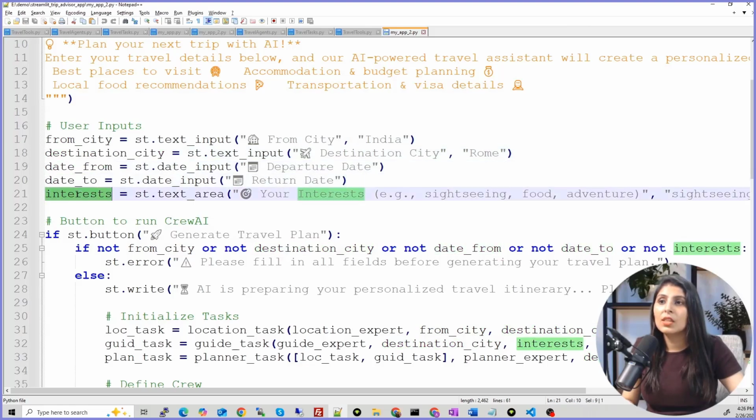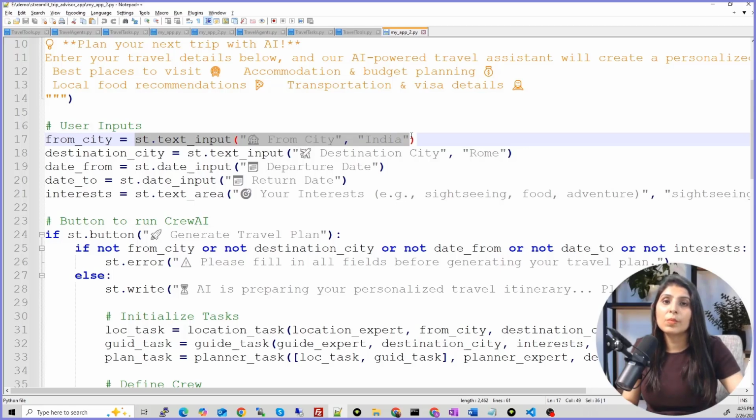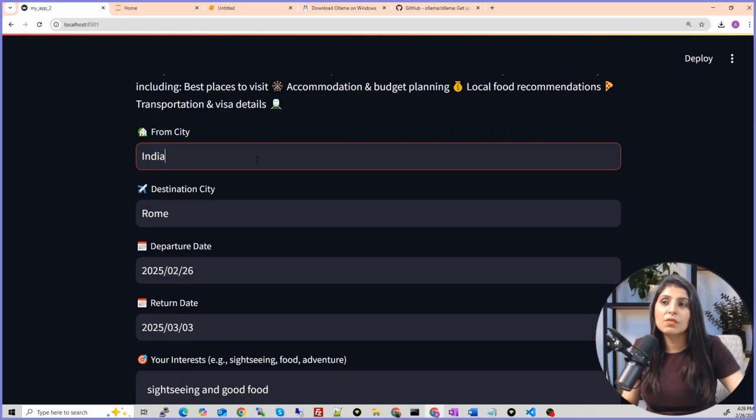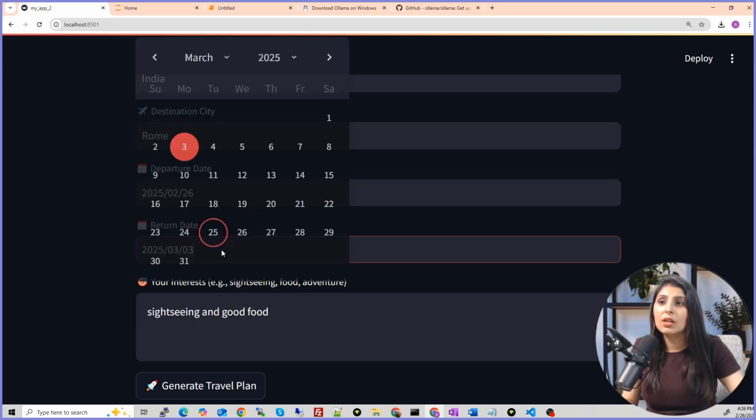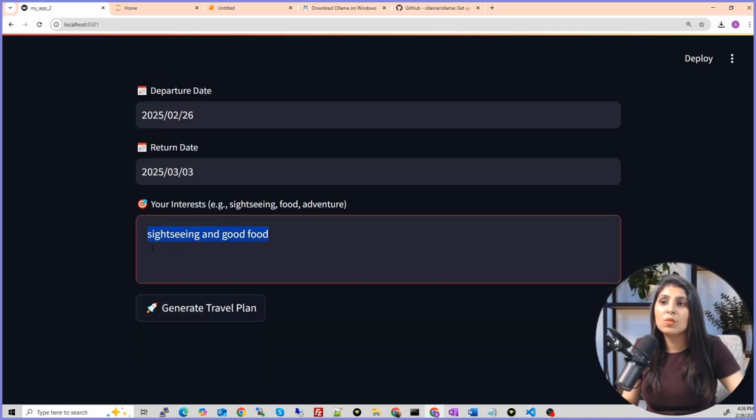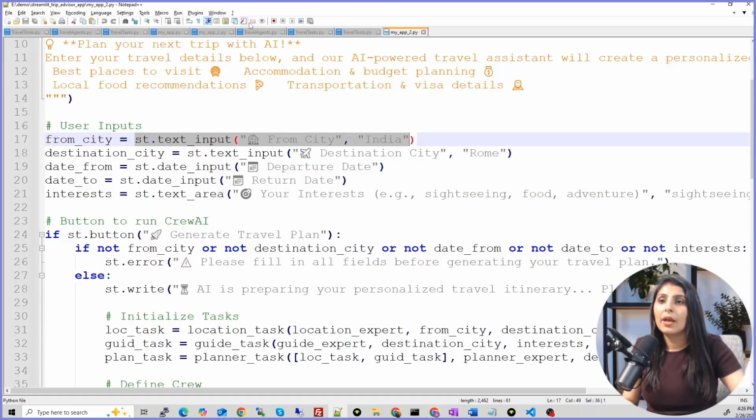In these 5 variables, I want to fetch data from the user. So these are 5 different text boxes where the user will input the values. This is the first text box where the user will write the city from which the user is traveling, destination, the user will type the departure date, return date, and here the user will write their interests, and then the user will click on this generate plan.